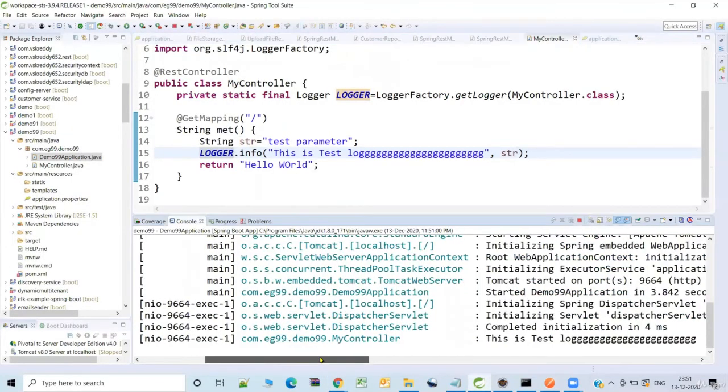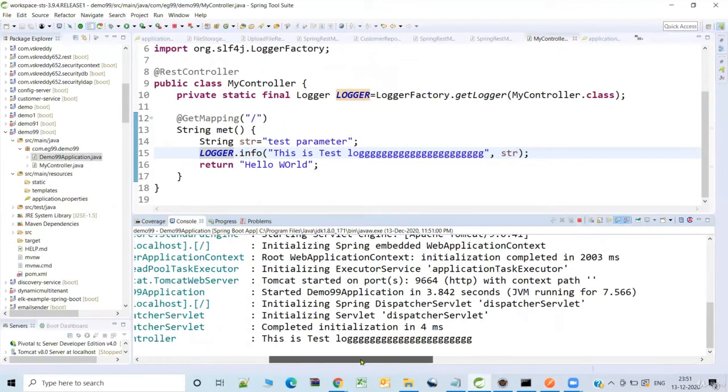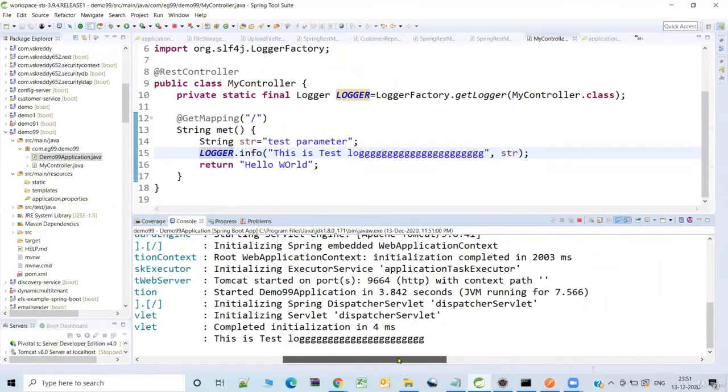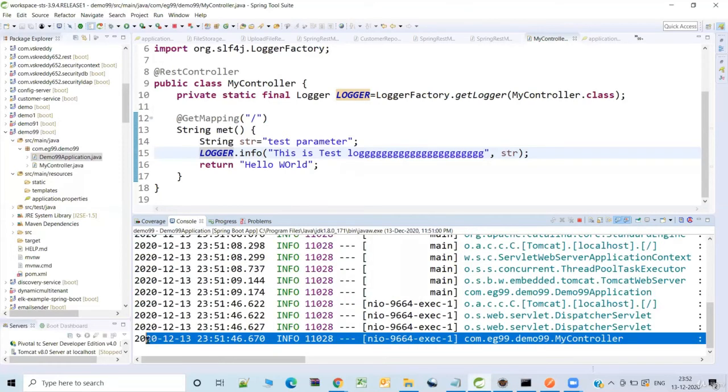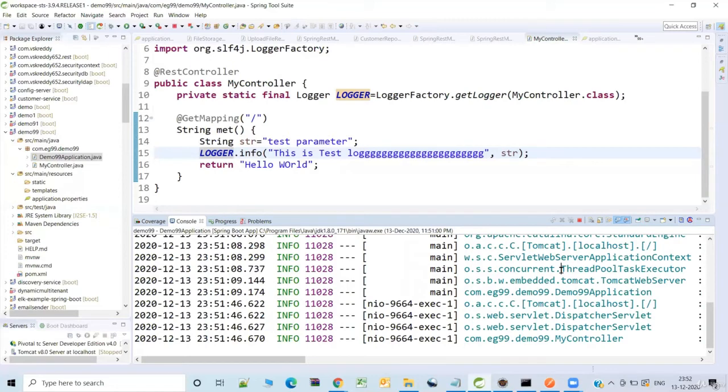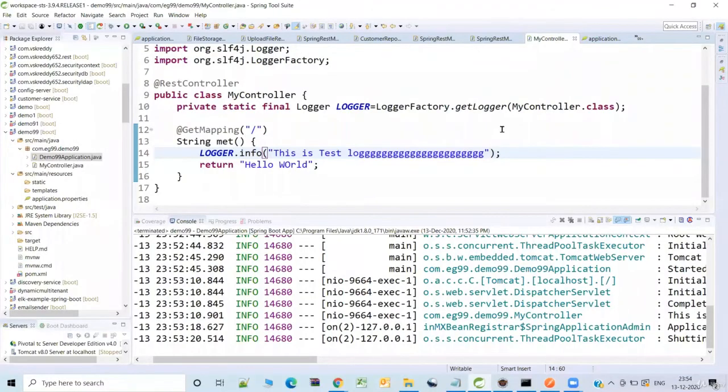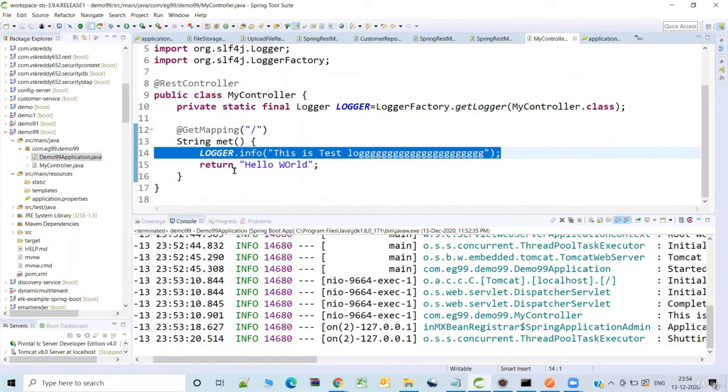So I have hit the REST endpoint. As you see here, we are able to see this output in the logs.